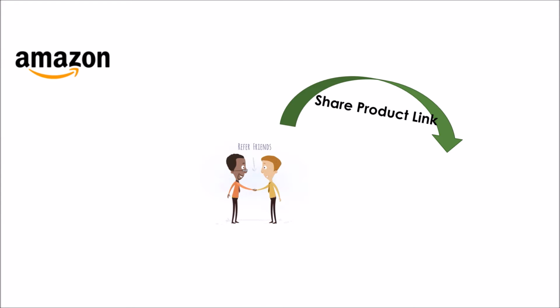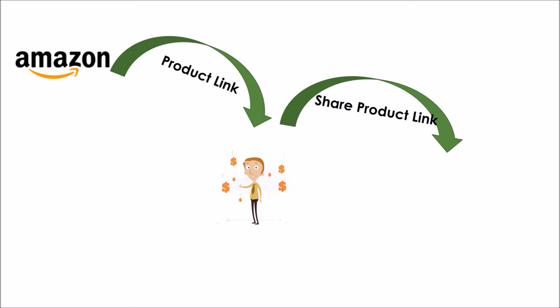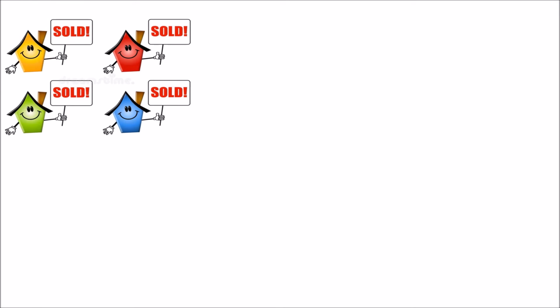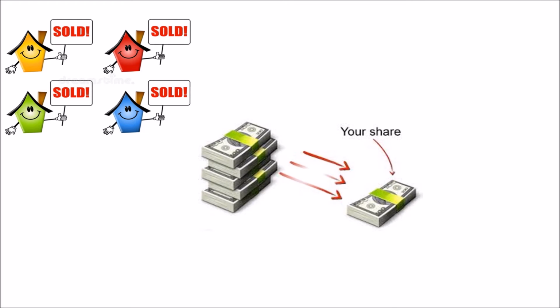earn money from that. Now, from Amazon, you will get a product link the moment you register as an affiliate. When you get the link, you will use your own social networking sources like Facebook, LinkedIn, Twitter, you name it, and share this over the internet. Now, if any of the product gets sold through your sources using that affiliate link, then you will earn commission from Amazon. Now, every product has a different percentage of commission that you'll be getting, and I'm going to cover that on a separate video where I will talk about affiliate marketing only.